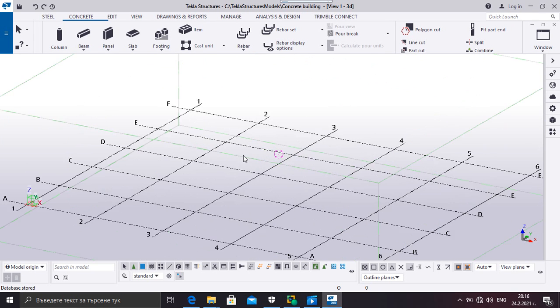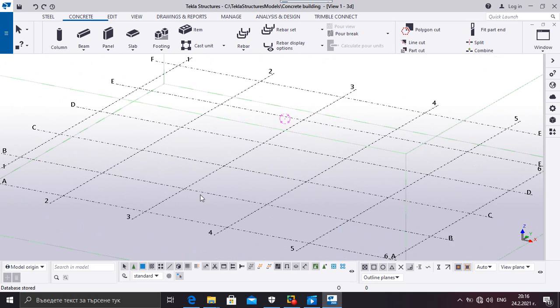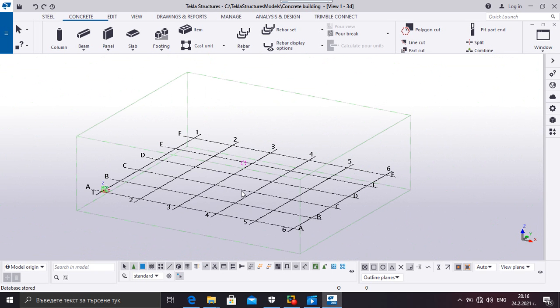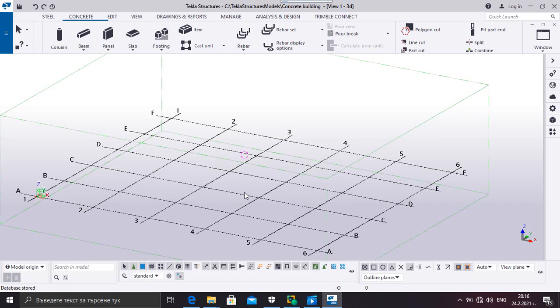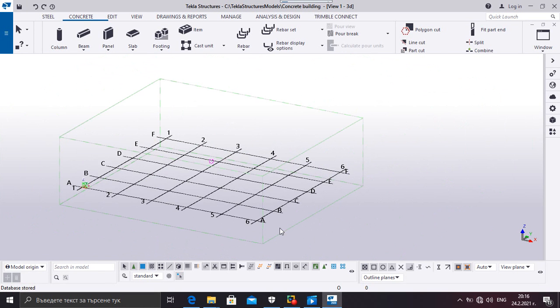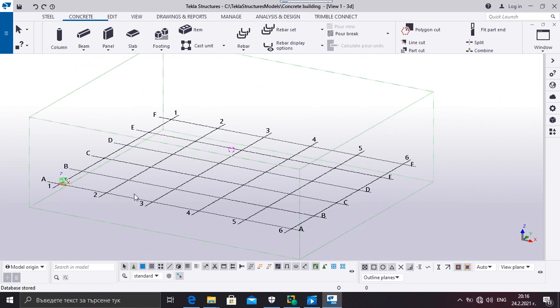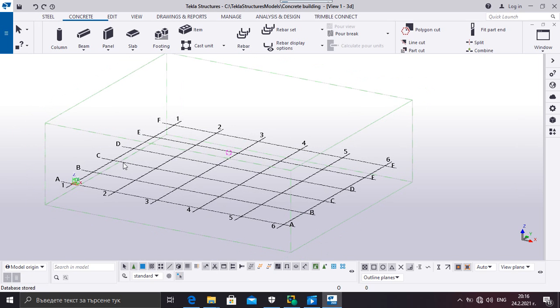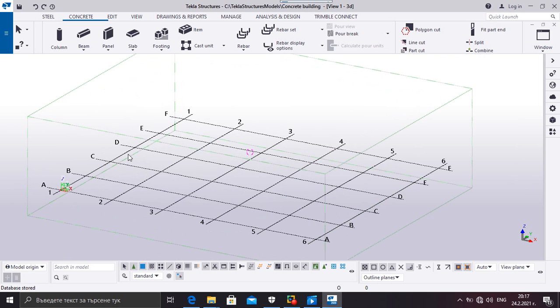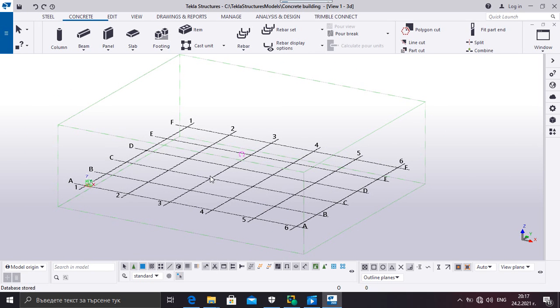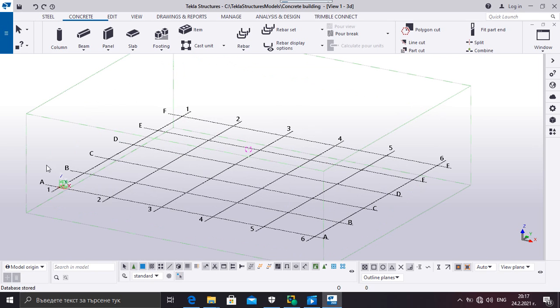First of all, we must think about the working area. What we see here are grids, a grid coordinate system created by these axis lines, and the axes named with numbers and letters. So we can manage that grid system